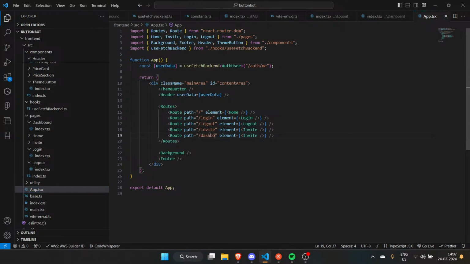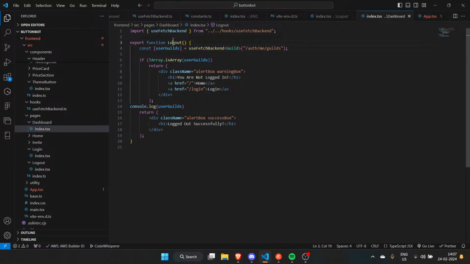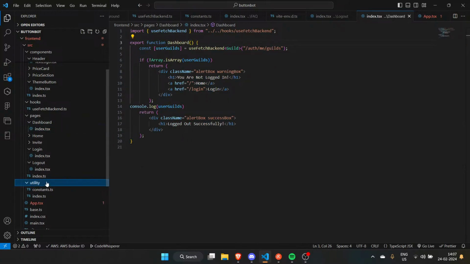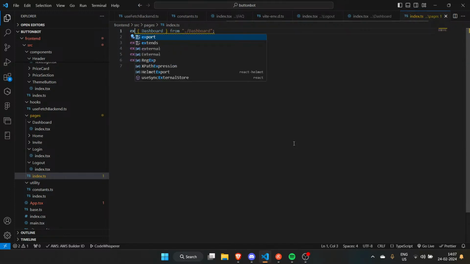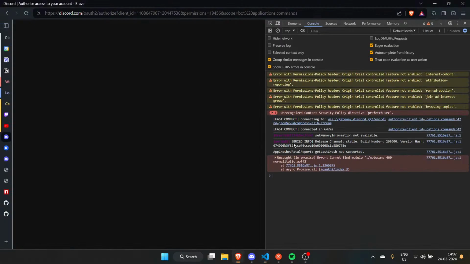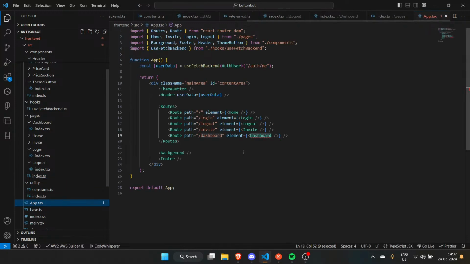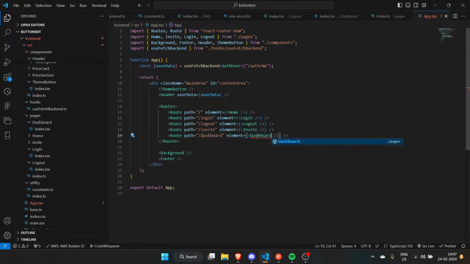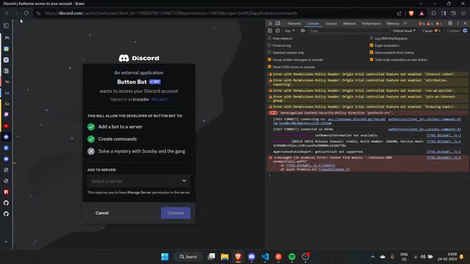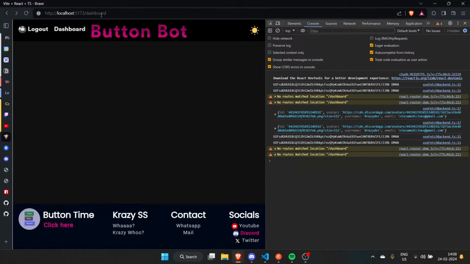I like to have one for dashboard. Dashboard. You might be wondering why the dashboard doesn't exist. No problem, React. I'll help you out. And then we need to go on app.tsx once more. Import that.